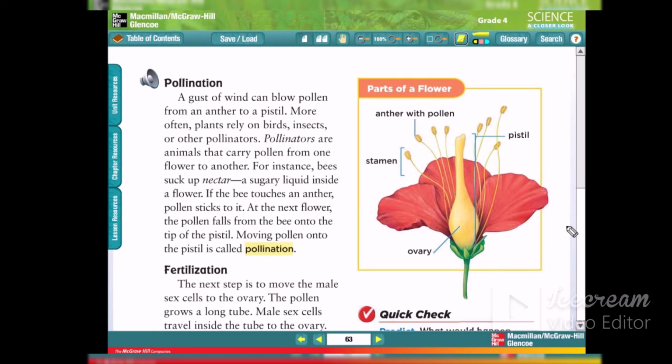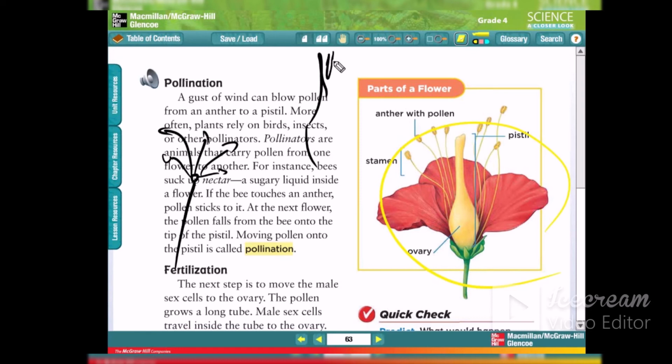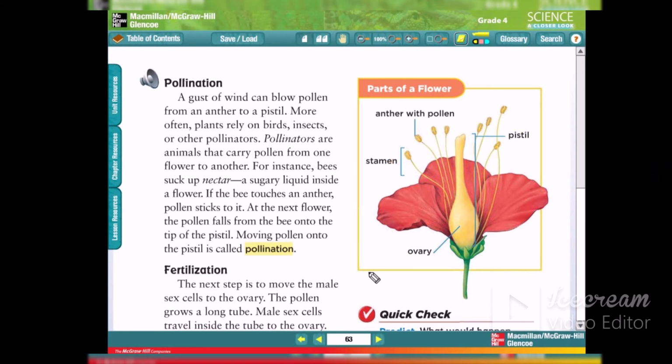At the beginning, guys, you should understand not all flowers will be like that. We have another kind of plants. The male will be in one plant, and the female part will be in another plant. But on the other hand, we have another kind of flower, where both female parts and male parts are in the same flower. Let's take a closer look to speak about the female and the male part.